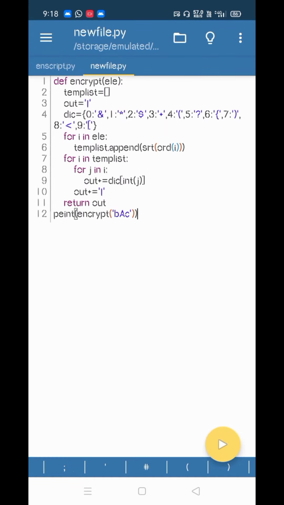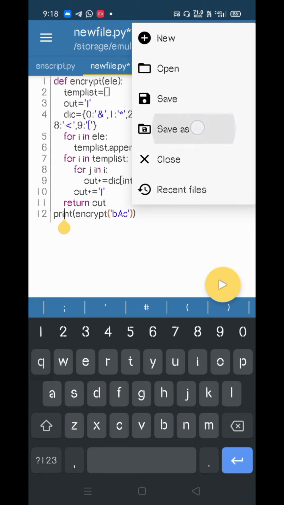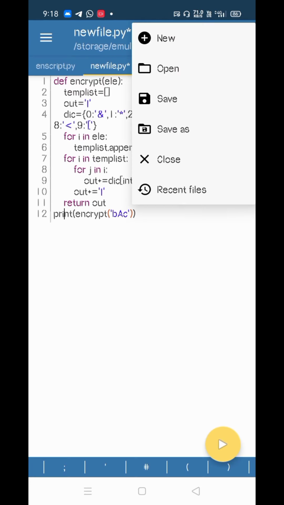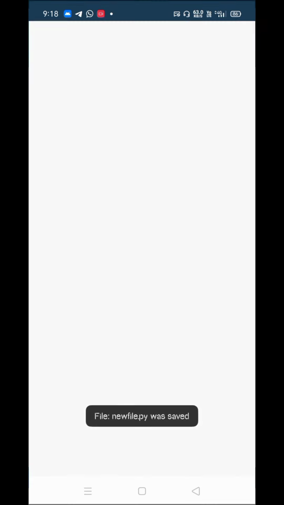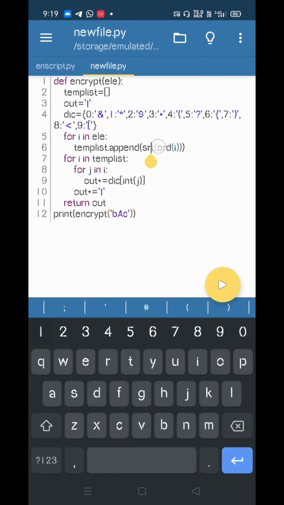Line 12, oh, print spelling is incorrect. Save it. Sorry for the errors.